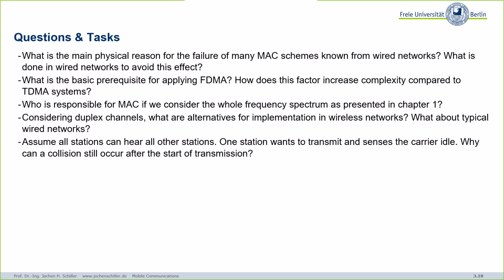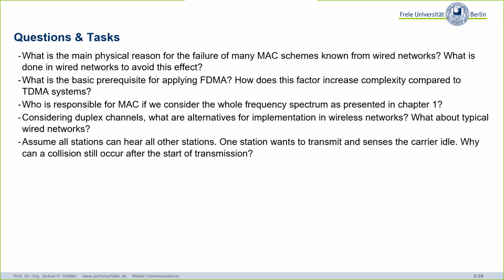But so in the end, it depends on which part of this hierarchy you look at. We have the whole spectrum, and then we have the ITU, we have the national authorities, and then we have companies, we have different technologies, and in the end, there's a piece of hardware that decides I'm using this frequency now. And we will learn how this works. So you see, there's not a single answer, but you should be aware of these different components and actors, authorities operating here. Okay,